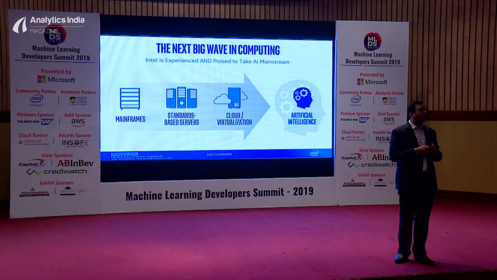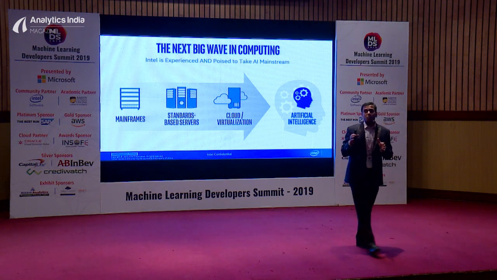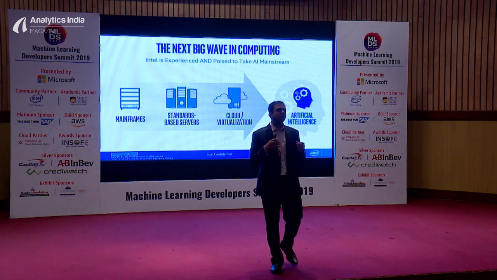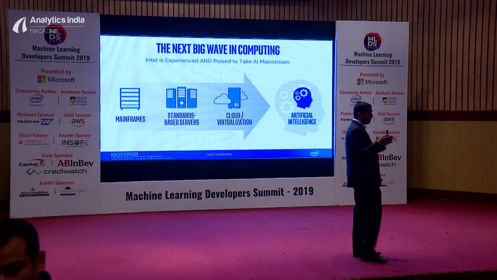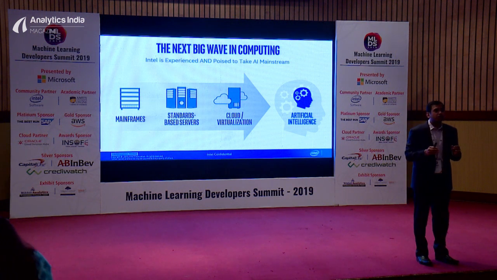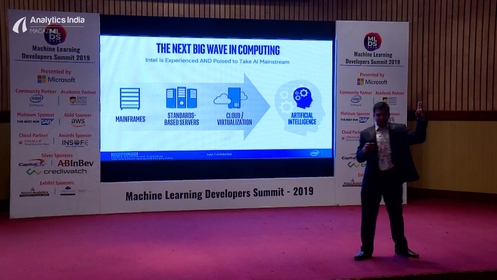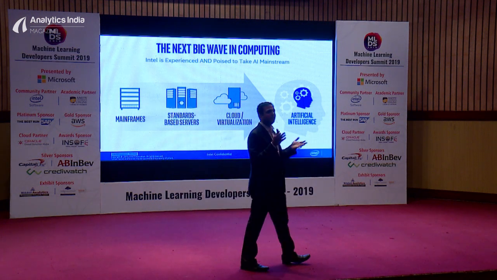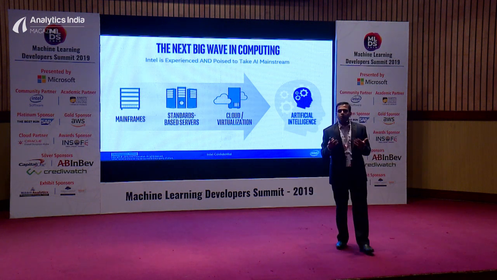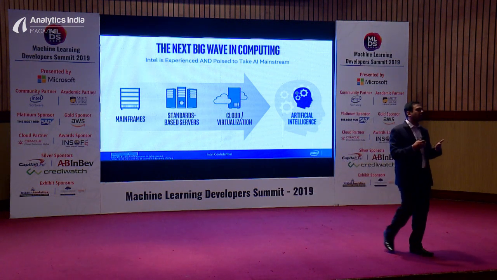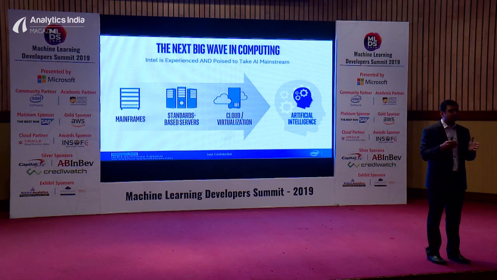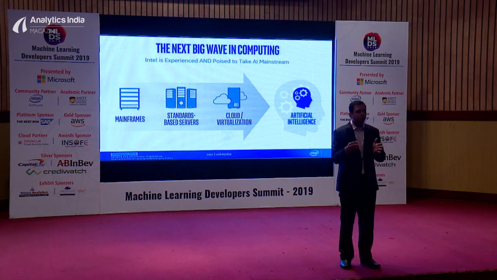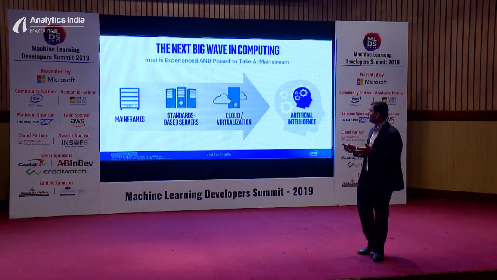So any guesses on the percentage of production deployments? Every single person is talking about AI. Any guess on the percentage of production deployments available today? Any numbers, please? 2%, okay, very close. It's somewhere in the range of 3 to 4%, not more than that. A lot of people are talking about AI, but the actual number of production deployments is still very, very less. And that opens up a huge opportunity. So as Intel, what we want to do is take that to mainstream and take that to production.